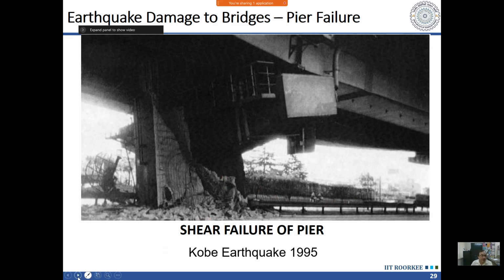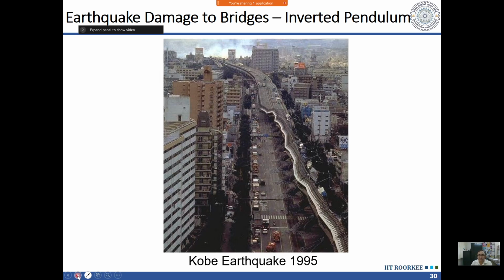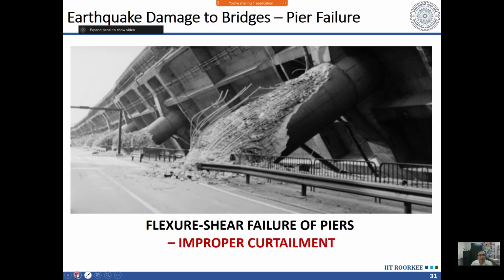In the Kobe earthquake, another very interesting but unfortunate thing happened. Japanese were very proud of their highways, but the Kobe earthquake caused widespread damage to Japanese highways. And there was one very simple problem which was not well understood at that time. That happened due to the curtailment of the reinforcement in the piers. So we can see that whole highway lengths are toppled. And if you see in close-up, this was the failure, and you can see these bars are curtailed here, and failure occurred at the location where the bars were curtailed.